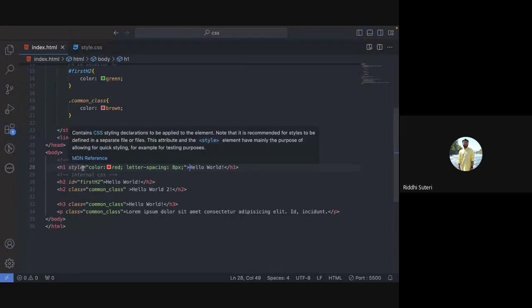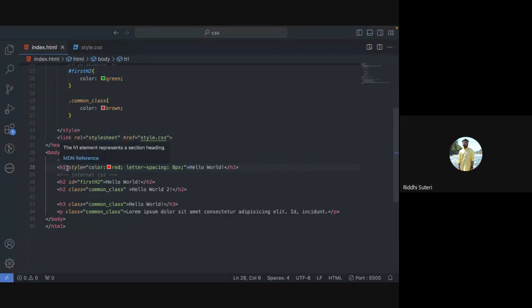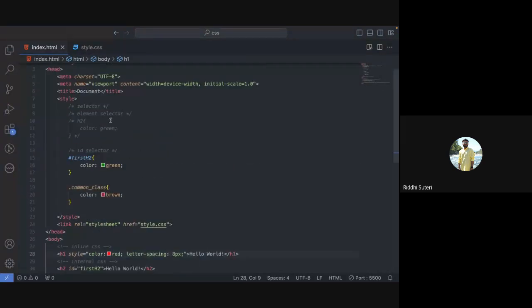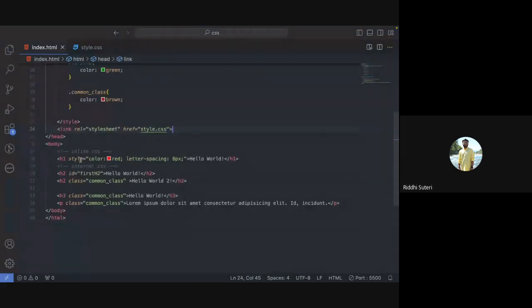Whatever you write in inline CSS will be the latest instruction that your element is ever going to receive, because it starts from top to bottom, right? It doesn't matter if you have added the style on top, or if you have added the external CSS after that. At the end, your element is going to go through this, and whatever is written in the inline CSS is always the farthest and always the latest instruction